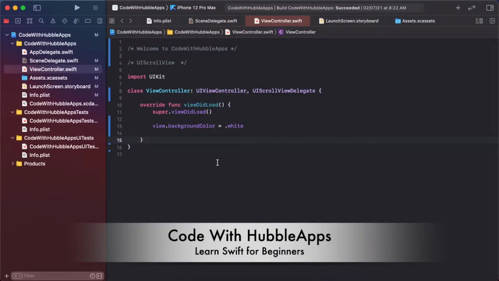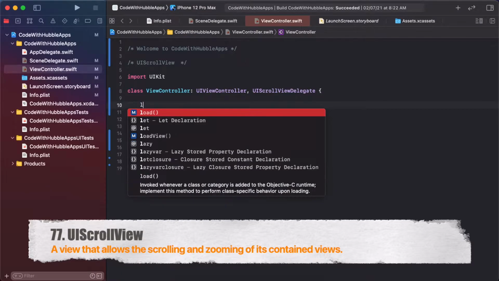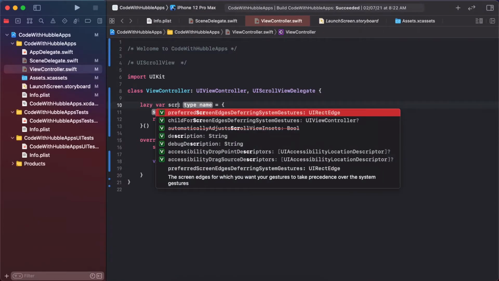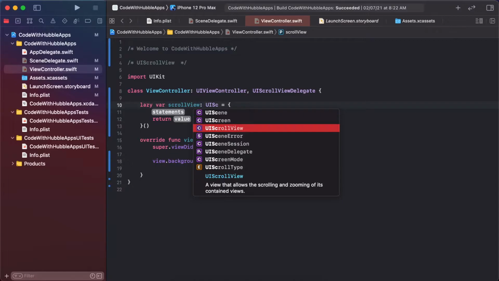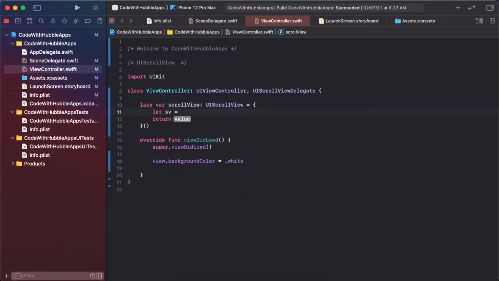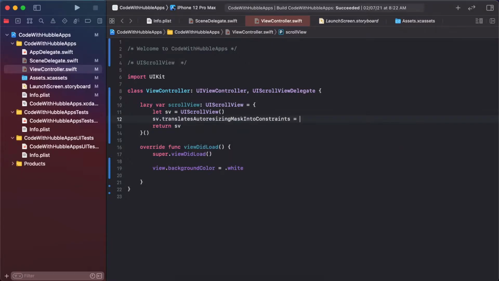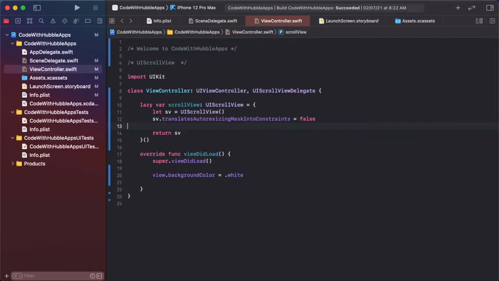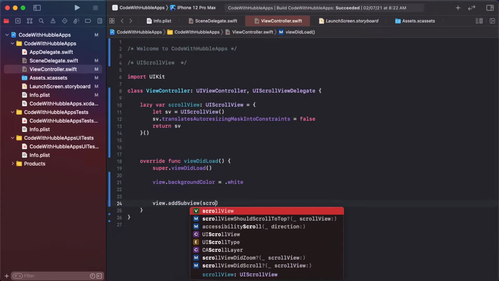Today's lesson is UIScrollView. So let's start. First, we create a lazy scroll view, UIScrollView. Let scrollView = UIScrollView, and return scrollView. So scrollView.translatesAutoresizingMaskIntoConstraints is false, and add it as a subview, scrollView, and